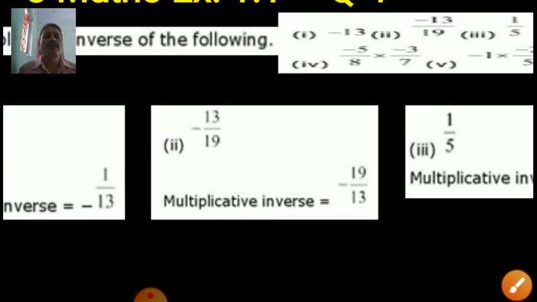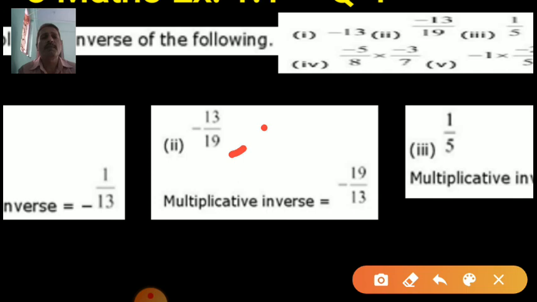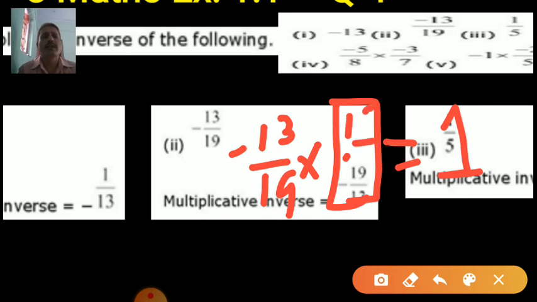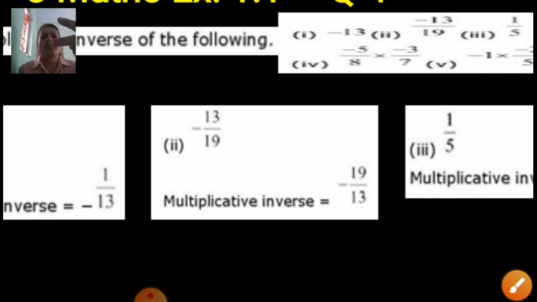Okay. So minus 13 upon 19. Yes, this is very easy for you to understand. Which number do I want to multiply? Minus 13 upon 19 multiplied by a number which gives me 1. First of all, there is a minus sign, and the numbers here are 19 and 13. So 13 cuts 13, 19 cuts 19. So 1 into 1 is 1, and minus into minus is plus 1. So the answer is minus 19 upon 13. You just flip it this way to that way. Okay, 1 upon 5, 5 upon 1.